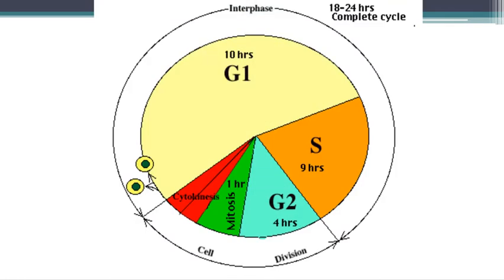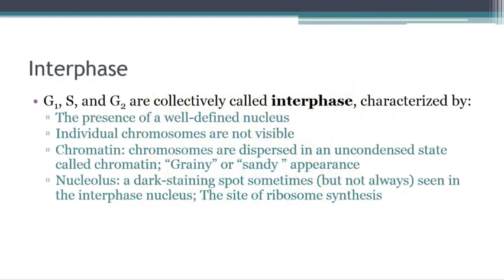All right, and this is where you can see all of these kind of together. Okay, so interphase we already talked about, but if you're looking at a cell in interphase, you're going to see a well-defined nucleus. You're not going to see individual chromosomes because they are still in the chromatin phase. This is all the uncondensed, right? It's like the inside of a golf ball, like tangled up stuff. And then you'll also probably see a nucleolus within that cluster of chromatin, which is the DNA. Remember, the nucleolus is the site of RNA synthesis. Again, you may or may not actually see that, but it's probably there.